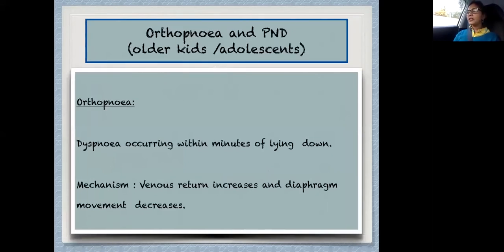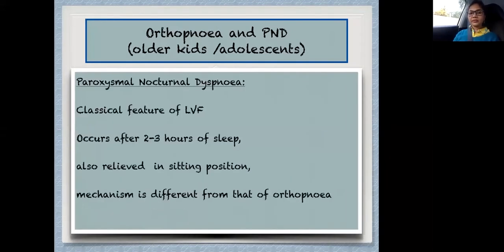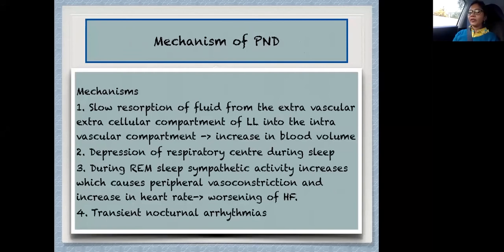Two terms which often come up when we discuss dyspnea in cardiology include orthopnea and PND. This doesn't apply much to infants, but could be present in older children and especially adolescents. Orthopnea is dyspnea which occurs within minutes of lying down, and the mechanism is straightforward: increased venous return and decreased movement of the diaphragm in the supine position. PND is a classical feature of left ventricular failure, which occurs 2 to 3 hours after sleep and is relieved in the sitting position. The mechanism is different from that of orthopnea, and 4 mechanisms have been proposed for explaining